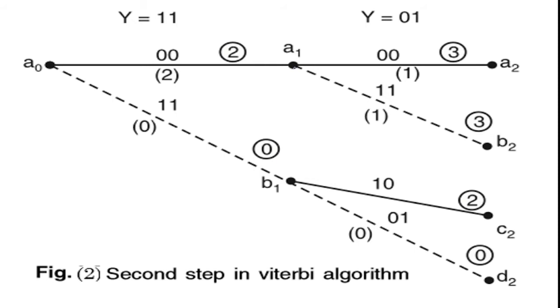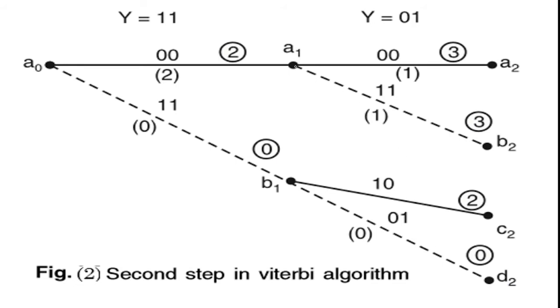That initial state is divided into two possible next states. And what are the two possible next states from this A1 initial state? A2 and B2. And B1 is the initial state here. This initial state is divided into two possible next states, so that are C2 and D2. So with A1 and B1 received at the nodes, four possible branches emerge from these two nodes. So the four possible next states are A2, B2, C2, D2.